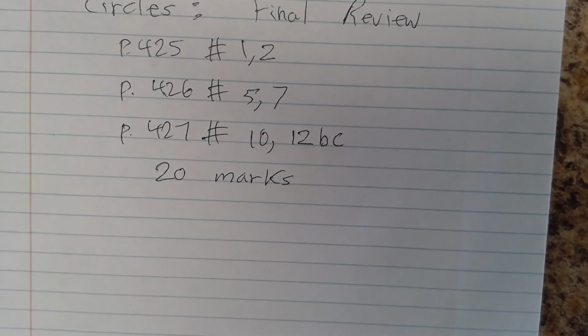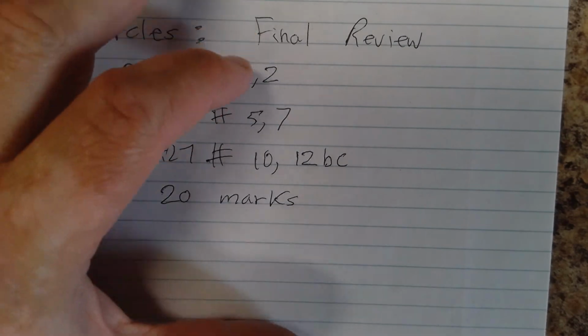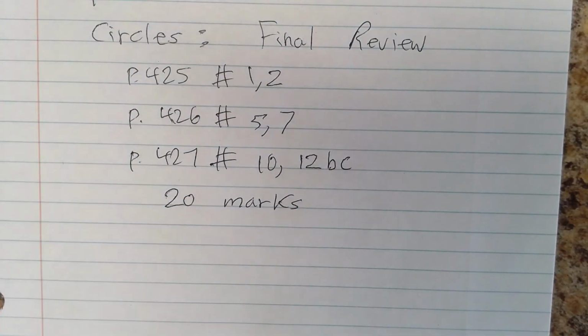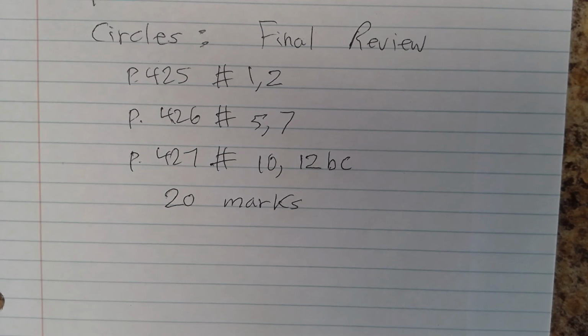And I checked the answer key, it still doesn't. It just does not quite. Anyway, good. We're going to skip it. We're going to skip A. We're going to do 12, B and C. So once again, 1 and 2, 5 and 7, 10, 12, B and C. That's it for this very brief